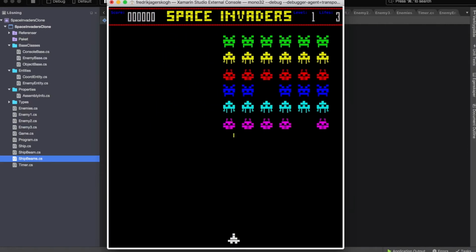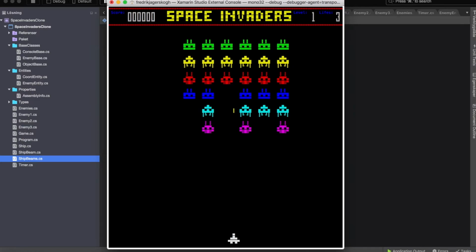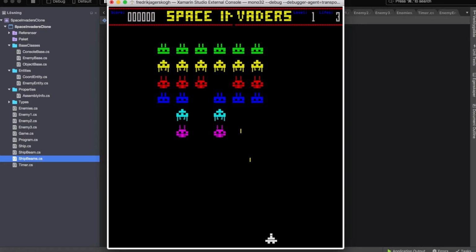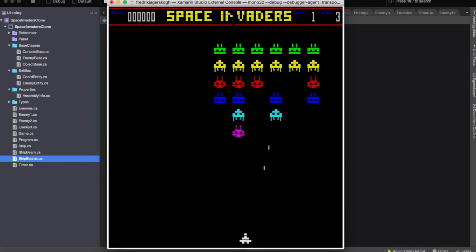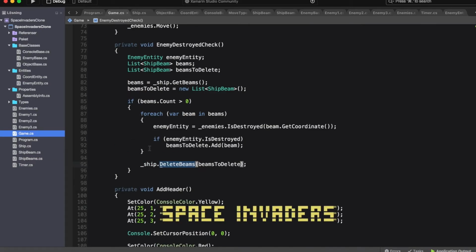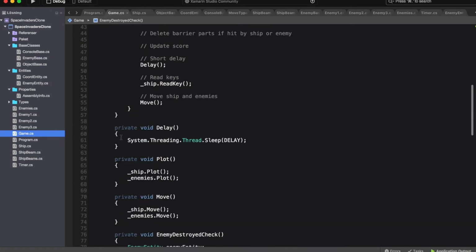Perfect. And we delete 2 and 3. 1, 2. Okay, that one missed. Oh, wonderful. Perfect. Excellent. Okay, let's try this now. Let's go to the game class, and then we will disable the enemy move function so we could try it out better. Okay, let's run the application again